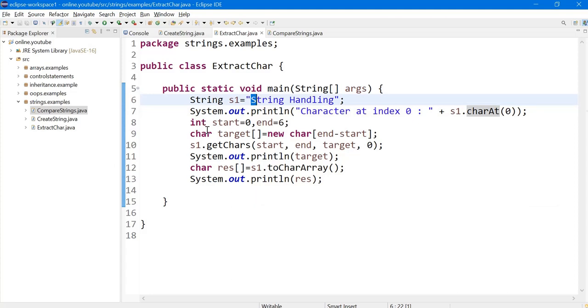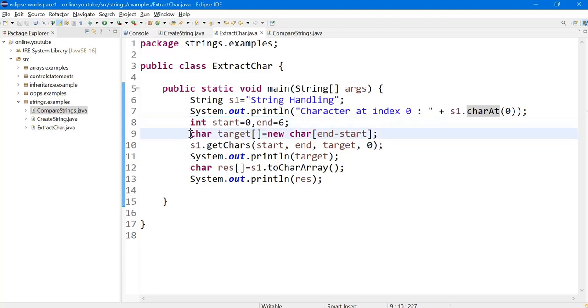And now I want to fetch the word "string" from the string s1. To do so, I am using the getChars method here. I took integer variables start and end to denote my index values. That is, the starting index is 0 and the end index is 6.